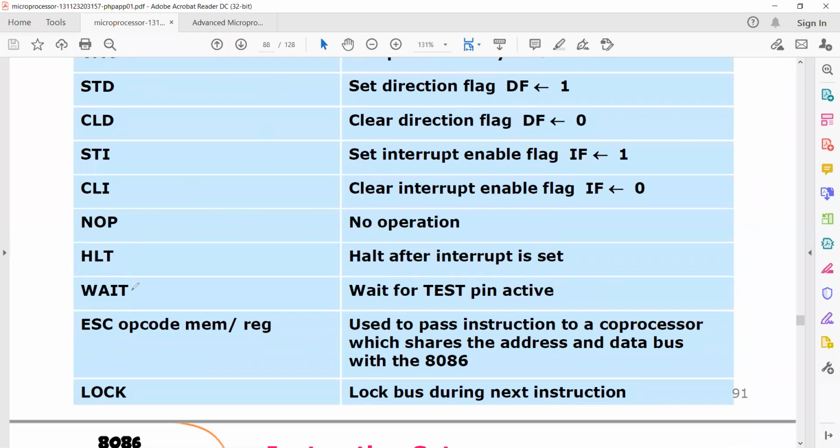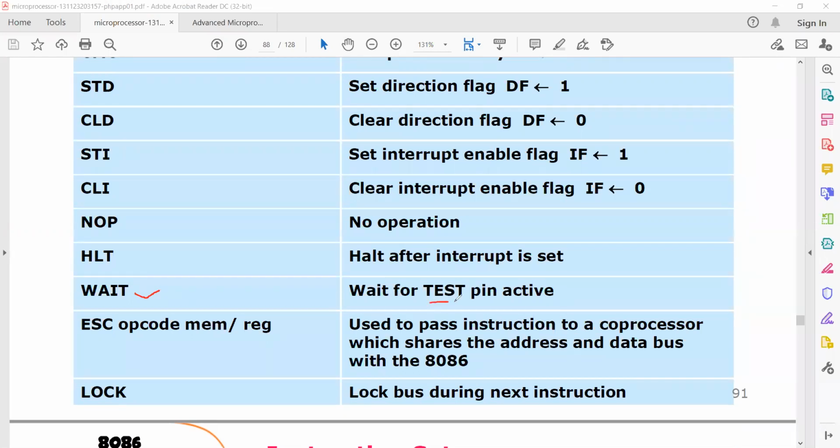Now, next one is the wait operation. This wait operation is done when we are using the test pin. As I told you, when you are working in a multi-processor system, that is in the maximum mode of 8086, we use this test pin.